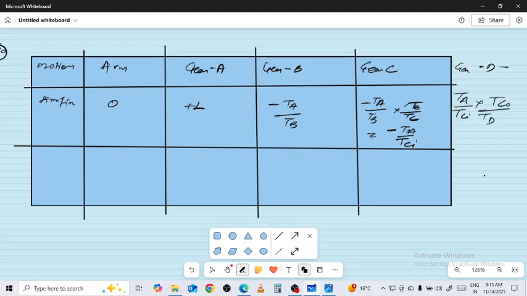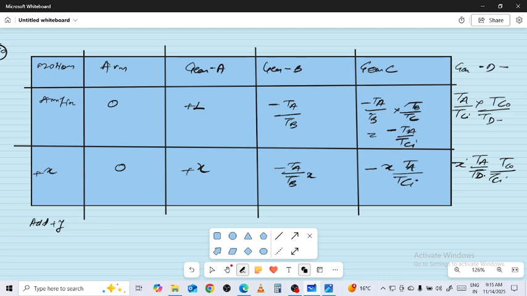TC ऑफ आउटसाइड बाय TD. सो यहाँ पे पूरा ही बॉडी आएगा. देन +X रिवॉल्यूशन जो है घुमा दिया, तो आर्म को जो है 0 ही रिवॉल्यूशन मिला. गियर 1 को +X, माइनस TA/TB टाइम्स ऑफ X, राइट. देन -X TA/TC इनिशियल एंड माइनस X टाइम्स ऑफ TA आउटर इनिशियल. नाउ ऐड जो है हम अपने तरफ से +X +Y टाइम्स आर्म का भी रिवॉल्यूशन कंसीडर, X +Y,